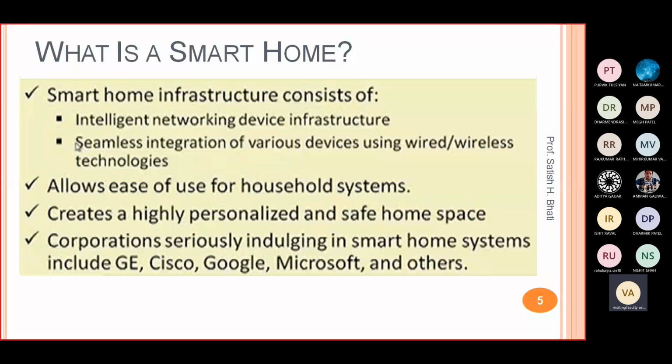Cooperation seriously, including some well-known companies, right? They have already developed some smart devices which you can use in a smart home. Such companies are General Electric, Cisco, Google, Microsoft, right? These all have some system they have developed which you can use for a smart home, like